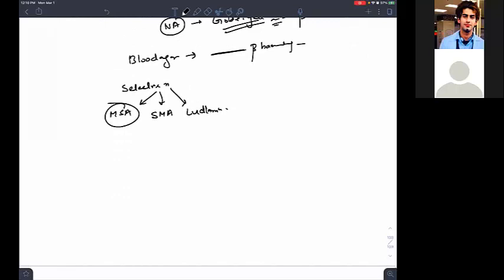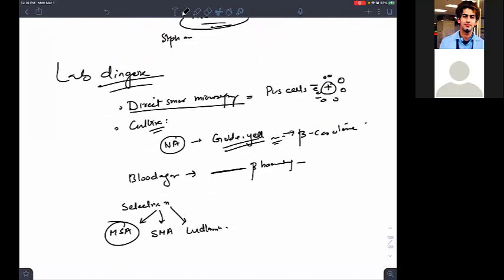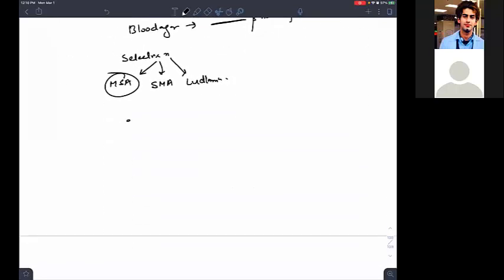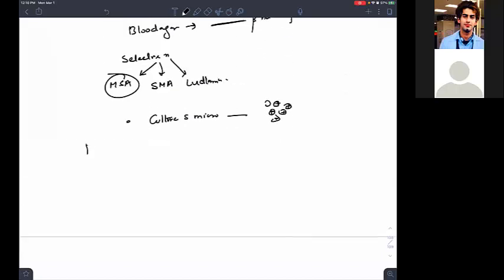Here you did direct smear microscopy. You can also do culture smear microscopy. What can you appreciate here? Gram-positive cocci in clusters. That is staphylococci. If we talk about the biochemical identification,